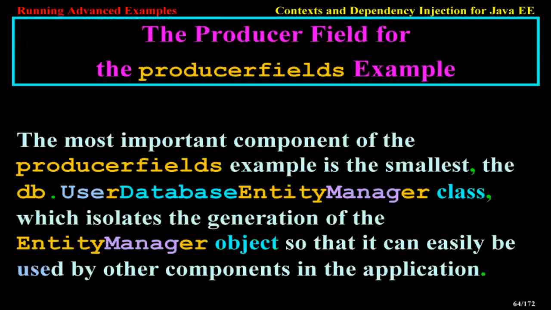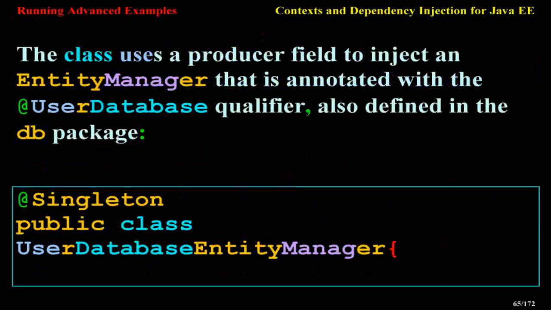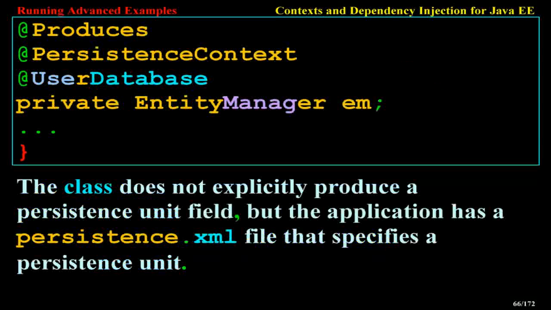The producer field for the producerfields example. The most important component of the producerfields example is the smallest, the db.UserDatabaseEntityManager class, which isolates the generation of the entity manager object so that it can easily be used by other components in the application. The class uses a producer field to inject an entity manager that is annotated with a UserDatabase qualifier, also defined in the db package. @Singleton public class UserDatabaseEntityManager { @Produces @PersistenceContext @UserDatabase private EntityManager em;